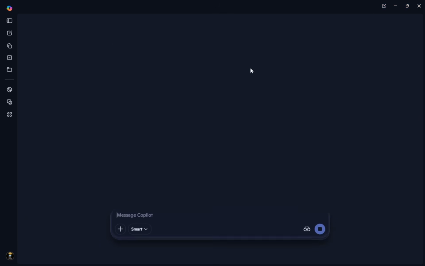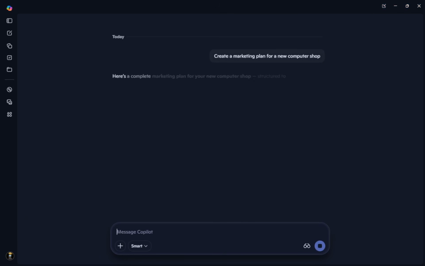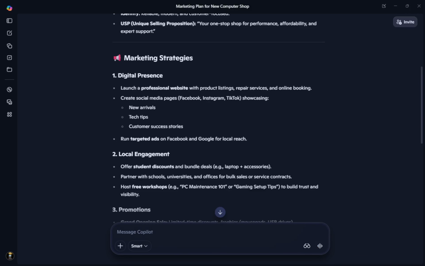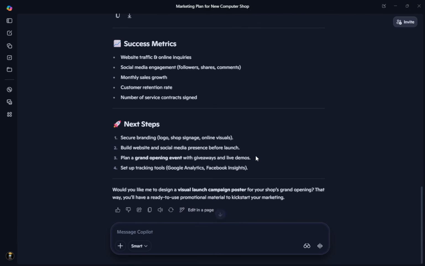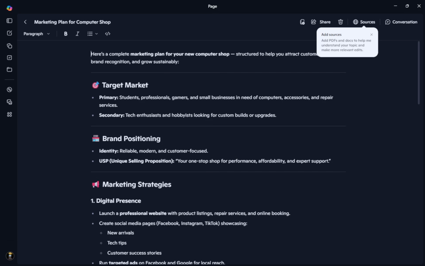When you see the response, click on Edit this response or simply click the pencil icon. This is where the magic begins, letting you transform that response into a document. Next, choose to create a new page. This action opens the content in a page where you can continue editing. It's important because it allows you to refine and adapt the information directly within a document format.